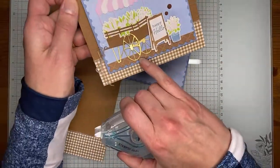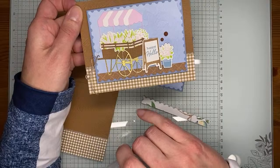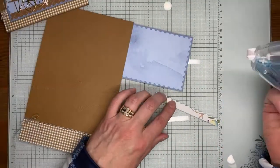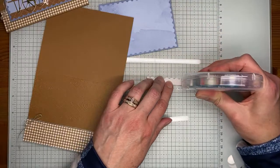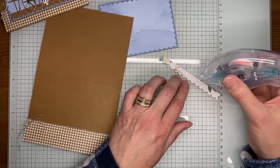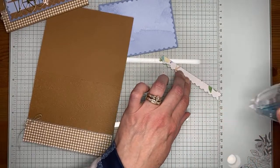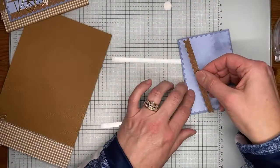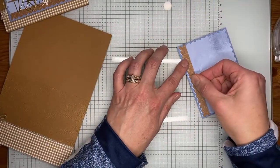What I wanted it to look like was there was something that the card was sitting on, and it wasn't just floating in midair. So that was my reason. Whether it makes sense or not, I don't know, but that was my reason for putting the little bit of designer series paper underneath it. And we're just using a little Stampin' Seal to adhere this piece of designer series paper to the piece that's on my